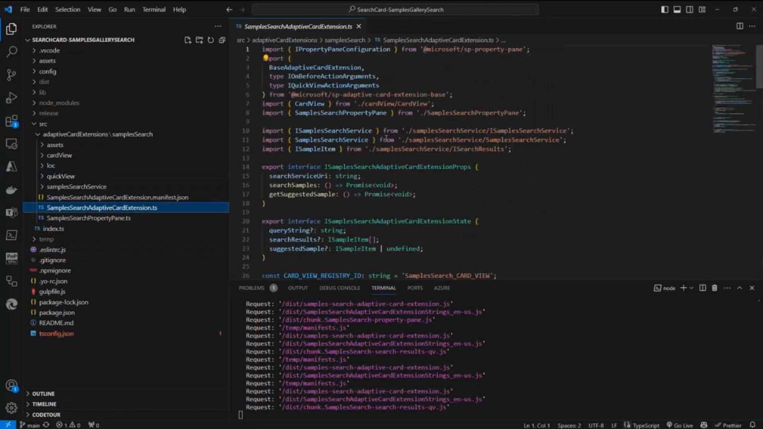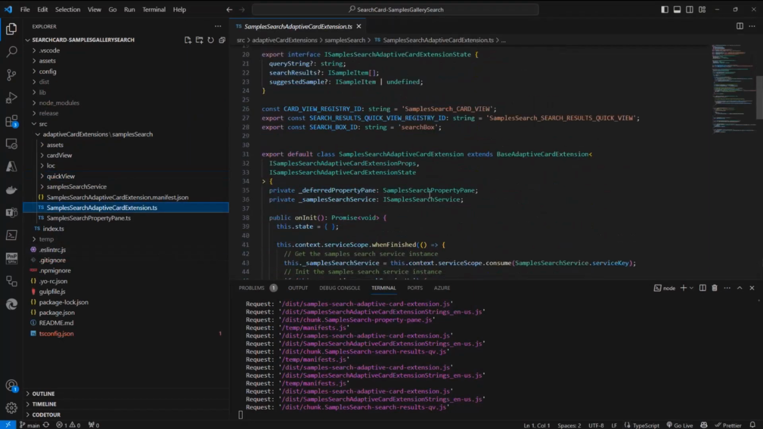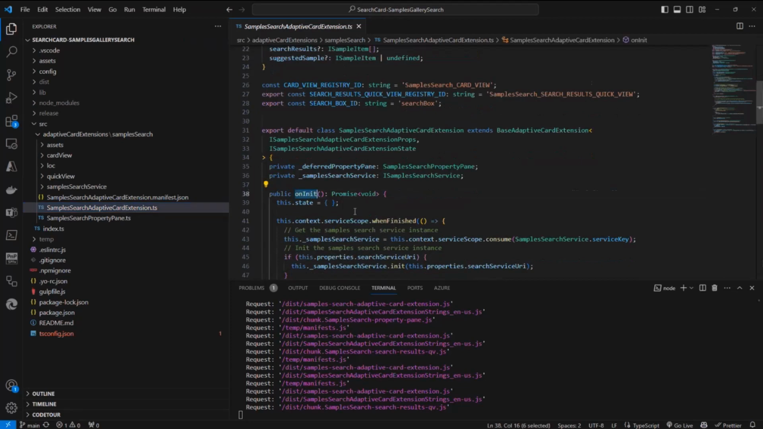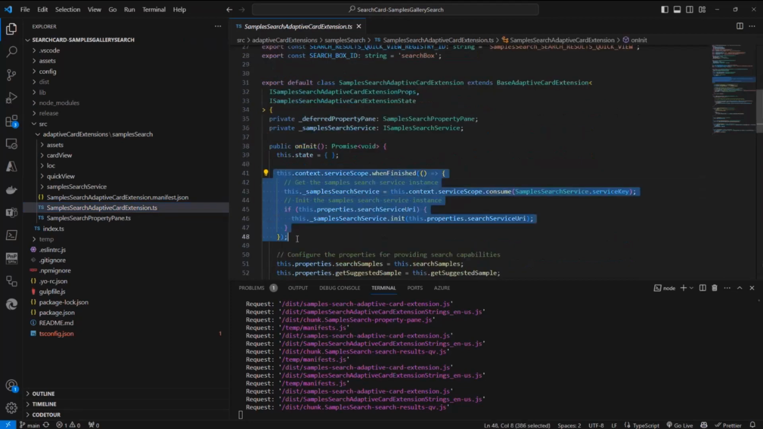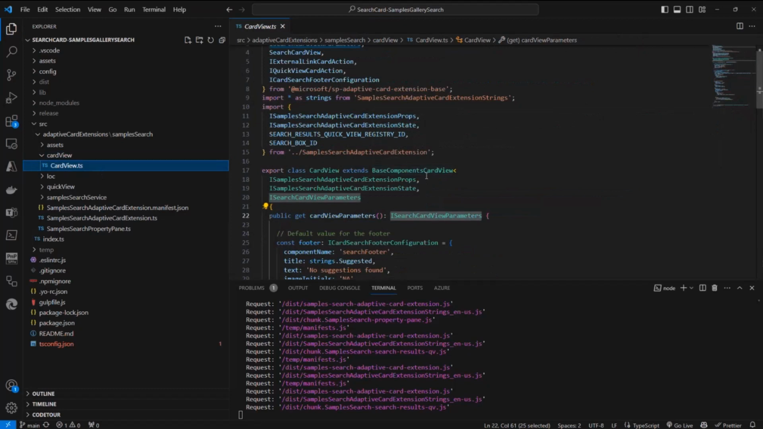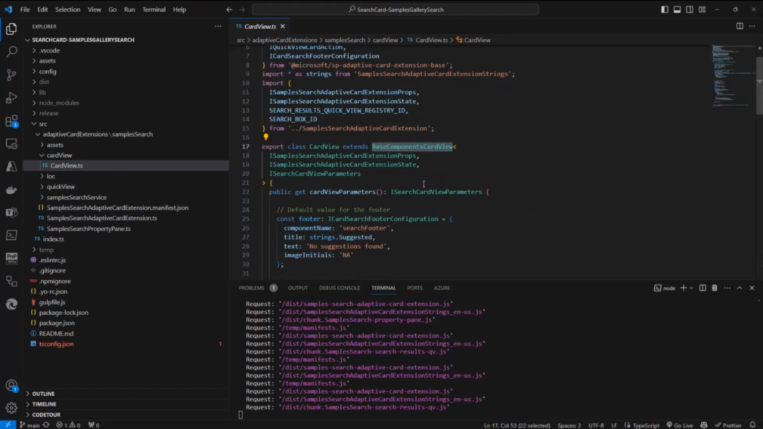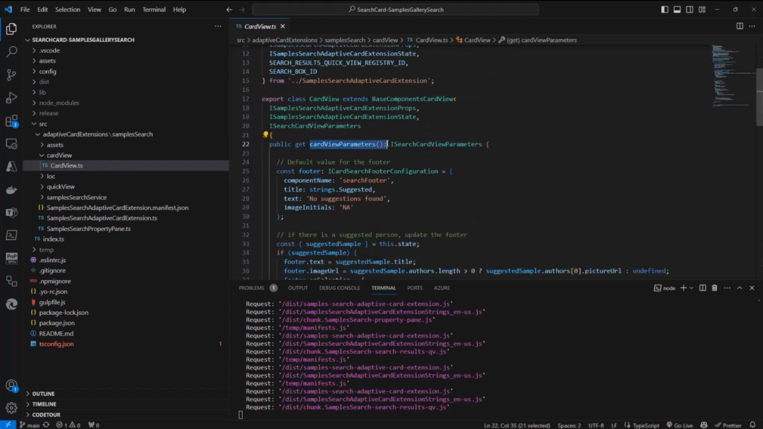Here I have my adaptive card extension. In the onInit method of my adaptive card extension, I'm relying on a service that will do the actual search. We will eventually dig into it at the end of this demo, but I don't really care about how I search for samples. I do care about how I create the search UI in the adaptive card extensions. And that's why I want to show you that in my card view for search, which is almost like the one automatically scaffolded by the Yeoman generator, I still have my card view parameters method, which will return a nice